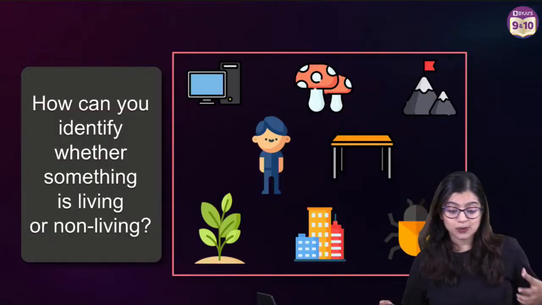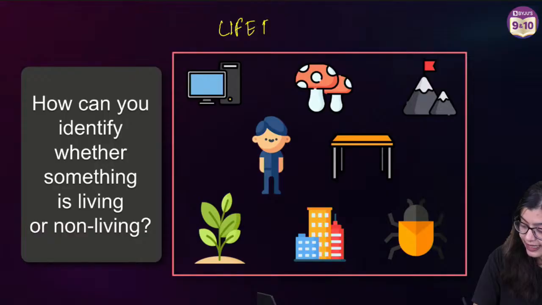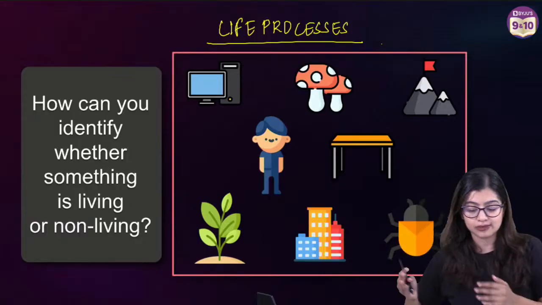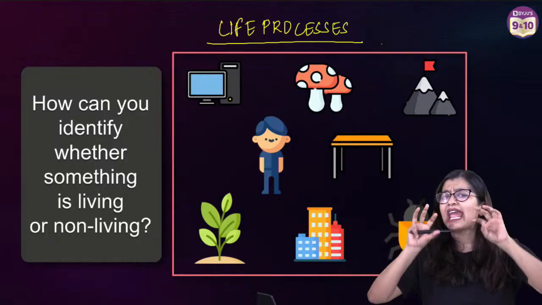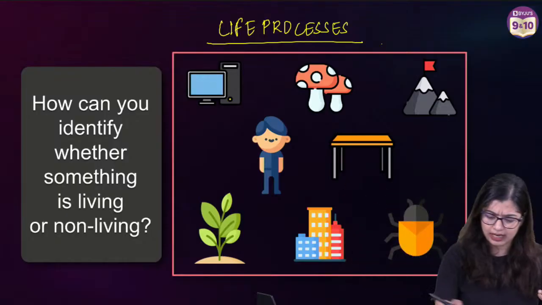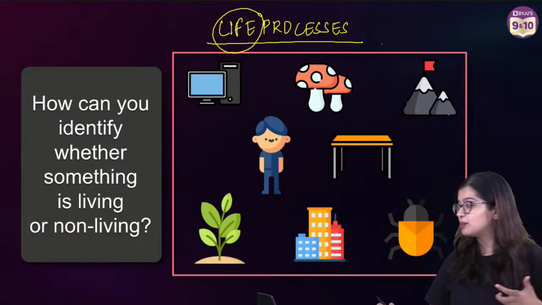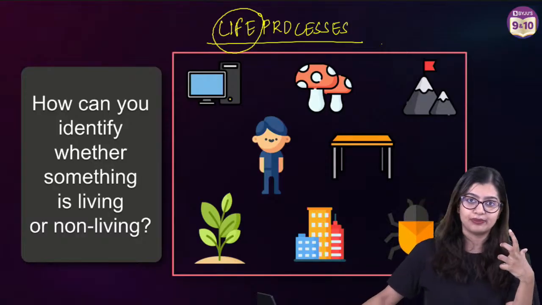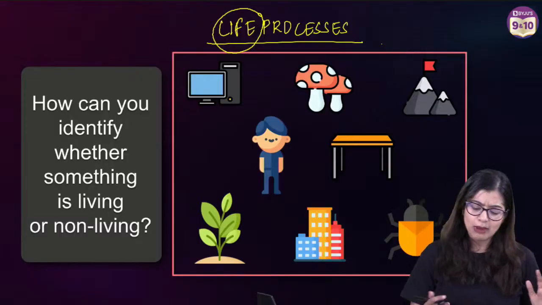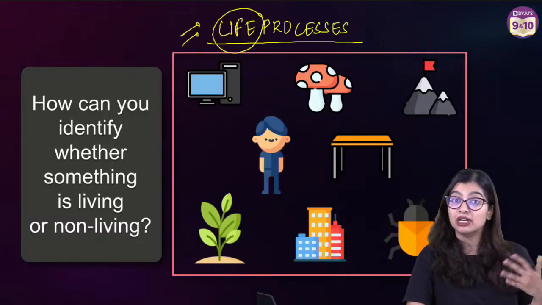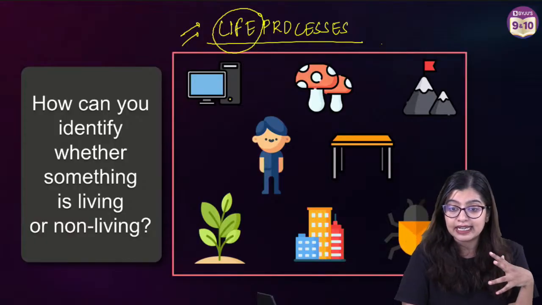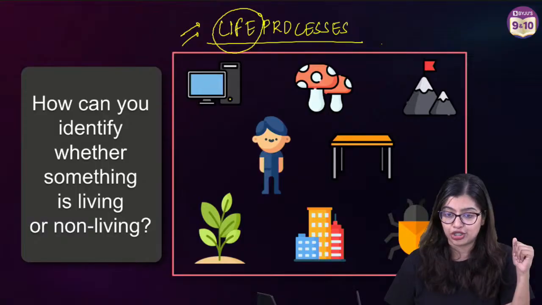concept, right? Now, as we all know, the name of this chapter is life processes. So when I say the word life processes, we need to break it down, right? Whenever chapters are there, the first thing we need to do is to break it down. So here we have the first topic, which means we're going to talk about what is life, right? Now, when I talk about life, what are the things that come to your mind? You might tell me, ma'am, life means animals and plants. Life means breathing, like Govardhani tells me, right? Then I can see that life also means respiration, okay?